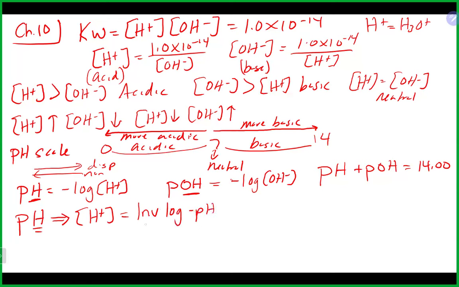Once again, when you do that on your calculator, on most people's calculators, when they hit the inverse log, it oftentimes will pop up like a 10 and a caret, and you can go negative the pH. Again, to punch the inverse log into most people's calculators, you go to the upper left corner and hit the second button or the shift button, and then hit the log button, and then obviously make negative